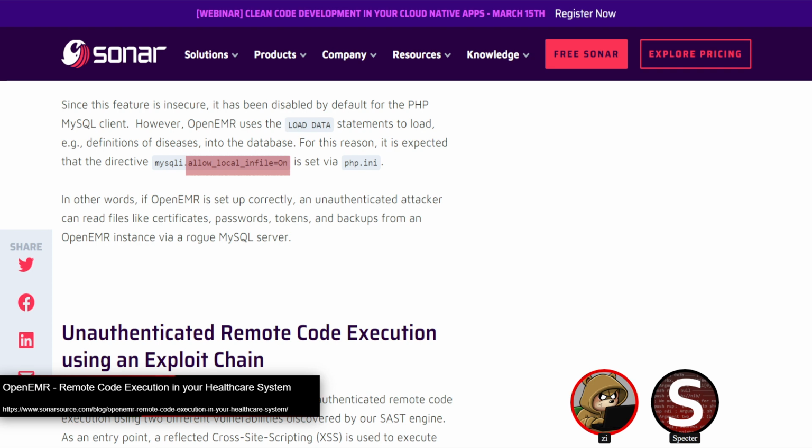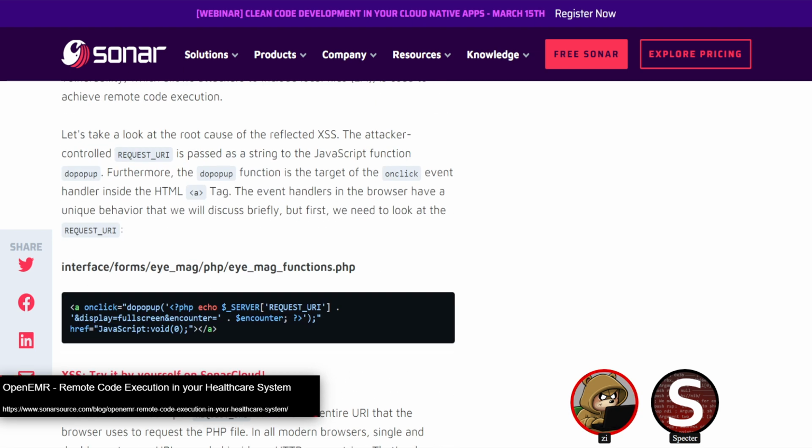They did also find an unauthenticated cross-site scripting, which could be used. I thought it was quite a bit less interesting here. The code for that basically just takes the server request URI and reflects it inside of this onClick handler, specifically inside of this doPopup method, and then gets the URL and reflects it right out. So it's somewhat straightforward, but you do have the complication where the request URI is normally going to be like